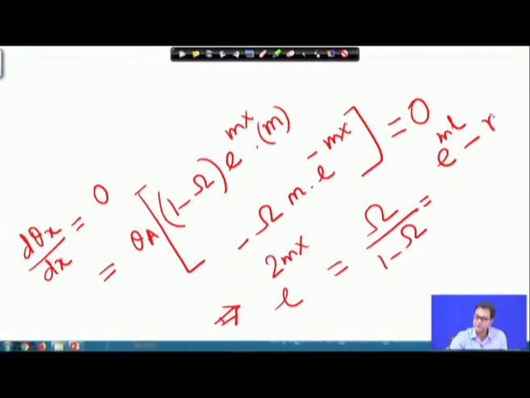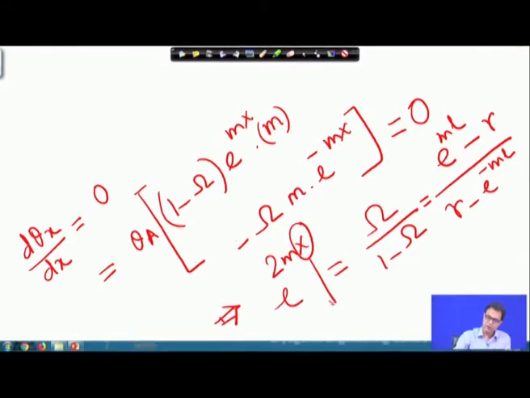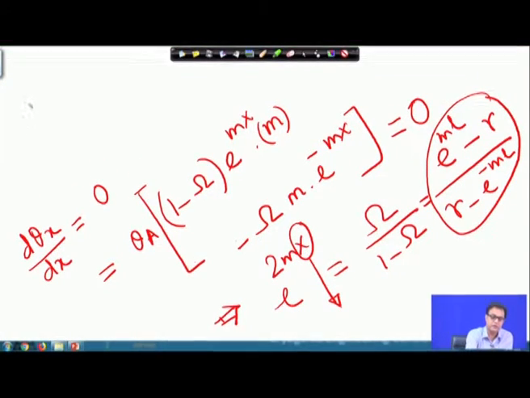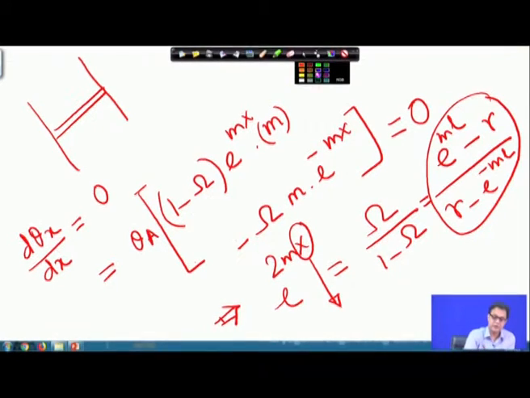and with a little bit of algebra you will find that this is nothing but e to the power m L minus r by r minus e to the power minus m L. So, this will tell the exact location of the extremum that is occurring in terms of this fin connected between the two plates, as we have told that this has been taken from the paper by Prasad,